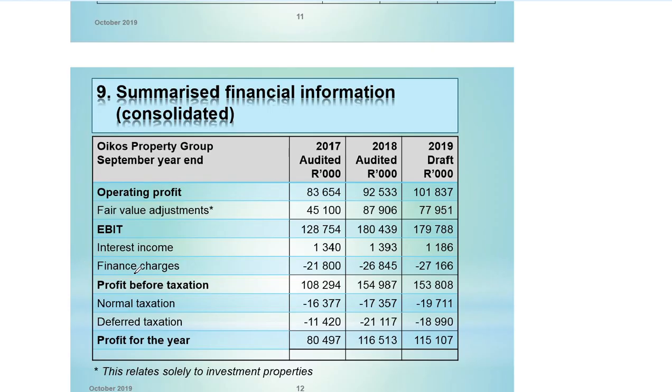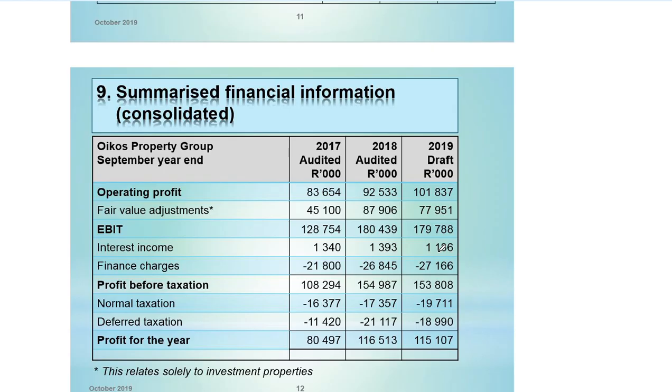Now you're looking at the interest income and funding charges. We need to analyze that in isolation. The interest income comes from the balance of investment that you have, and the funding charges come from the balance of the loans that you have. When we're looking at the interest income in 2017 to 2018, what do we see? We see an increase. However, there is a decline when you look at 2018 to 2019, meaning to say the balance of investment the company has reduced. So you would like to know why that is the case.